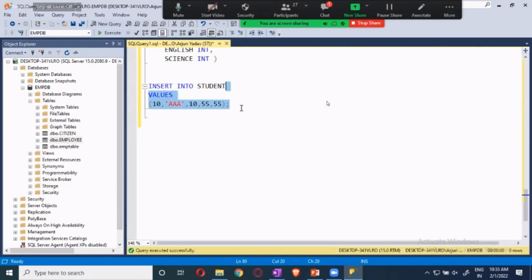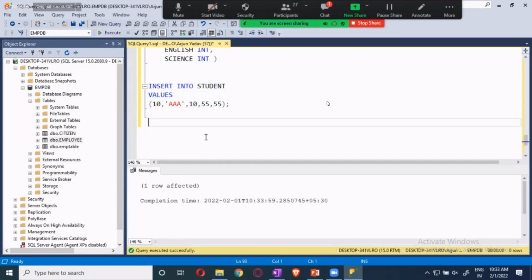Now I finished it off. Now the next person comes. He wants to enter the data. Now he gave it over here as 15. He doesn't know whether it is 15 or whatever, he just randomly entered. And here we will give it as AB. And here I will give it as 56 and 56. Now this one is not acceptable. When you give the ID, it should be in an order. You can't enter as you like. There should be a specific process. You will be entering in that way.